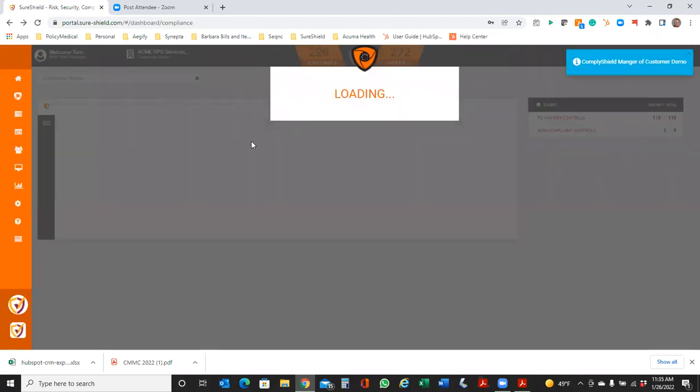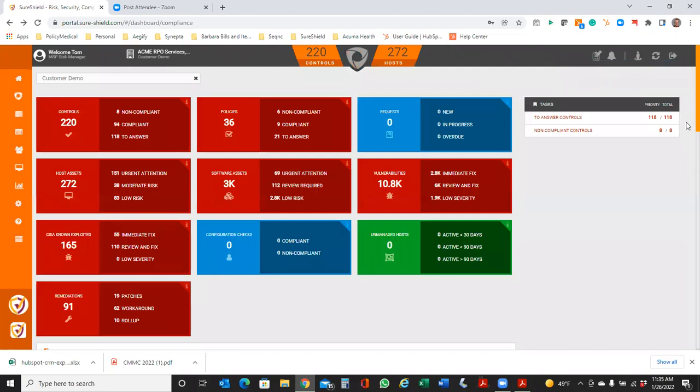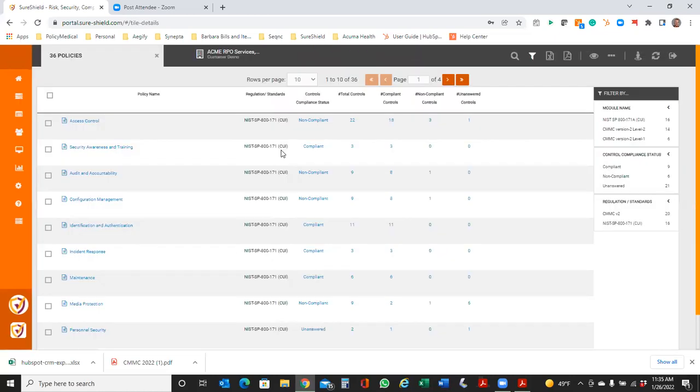I also want to point out briefly as we come out into here, that within our system, we also provide you a set of policies. So as they mentioned, you need to have supporting documentation, which includes policies and then validation backup. So our system and tools come pre-packaged with policies.